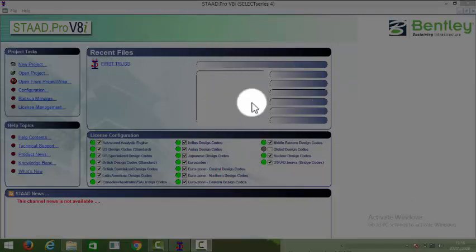In the recent file / open interface, you have project task. Under project task, you have new projects, open projects, open from ProjectWise, configuration, backup managers, license management, and then under your help topics, you have help center, technical support, product news, knowledge base, and then under license configuration, you have